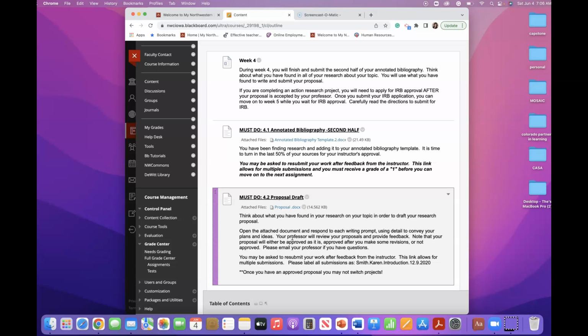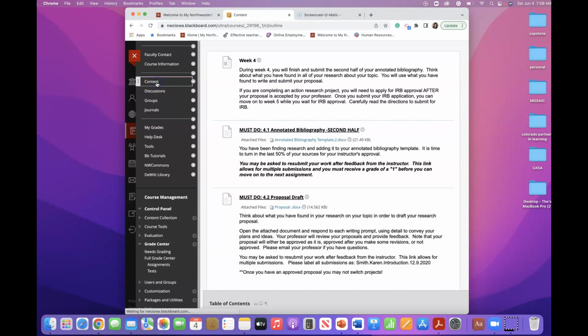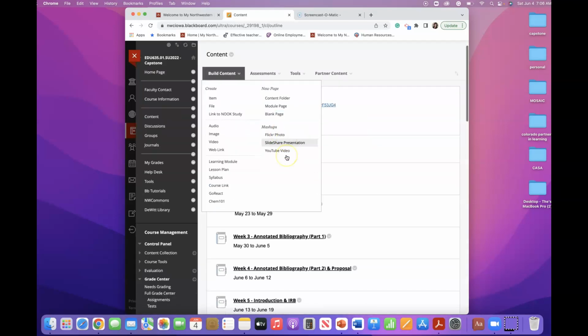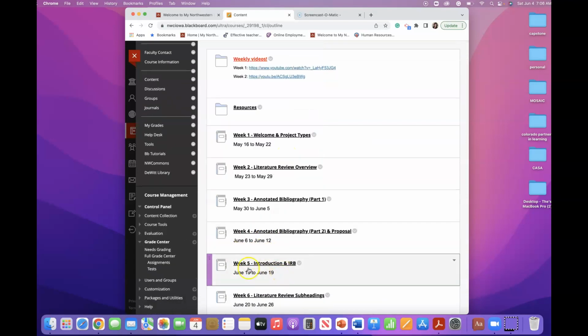Those of you that are doing action research, please refer to the announcement that I sent out about your IRB. It is coming up, and you are going to have to submit for IRB approval. That is here. And we want that submitted within week 5 and week 6. If you are behind and you are doing action research, you absolutely have to submit within week 5 and week 6 that IRB application,